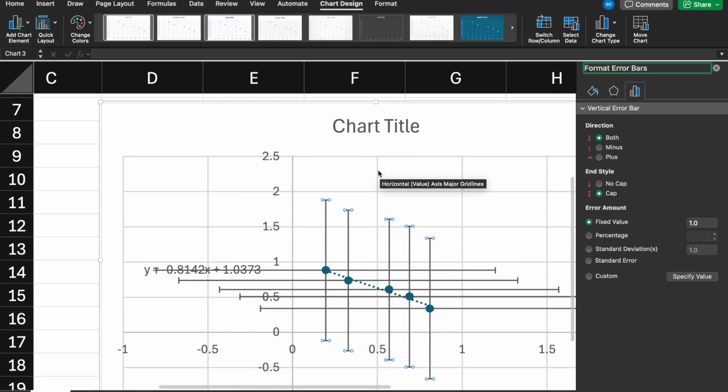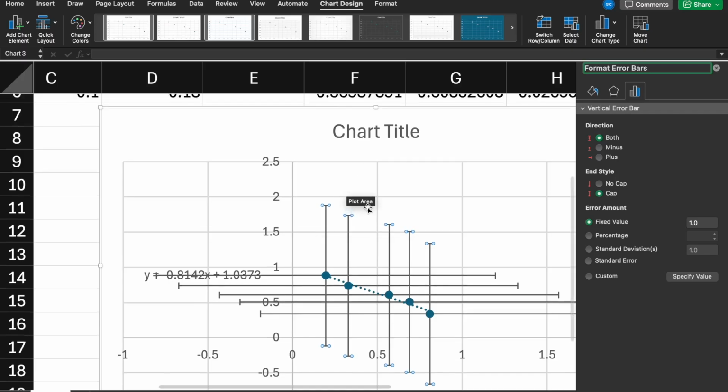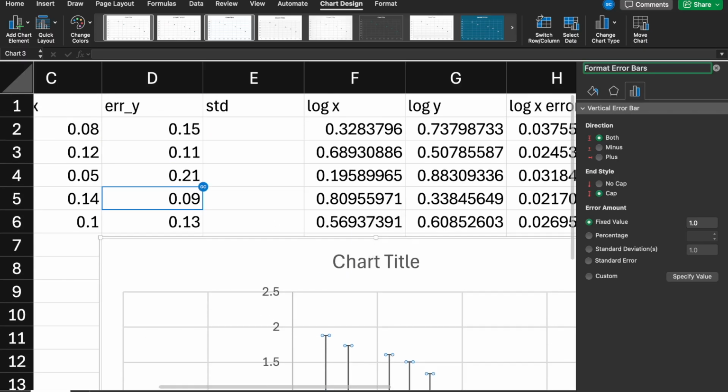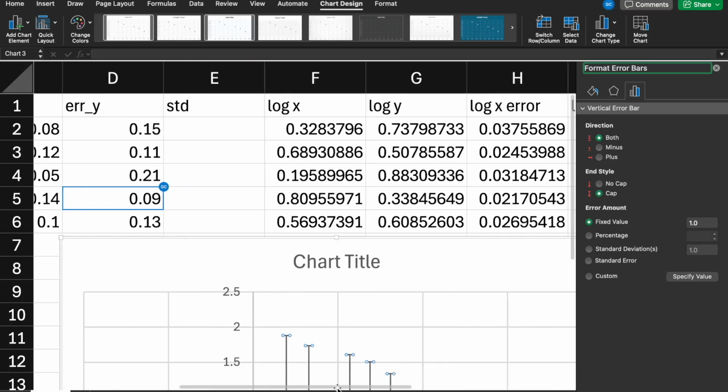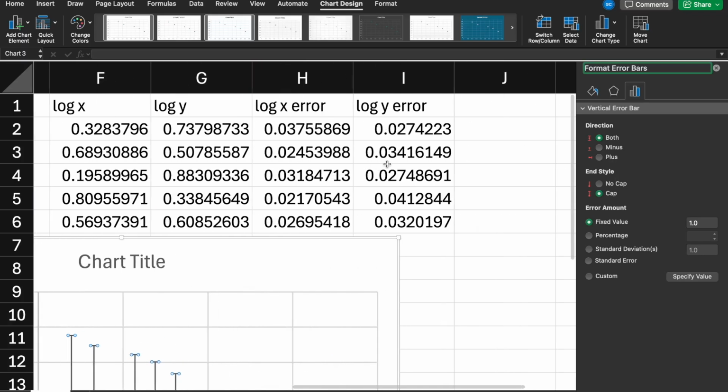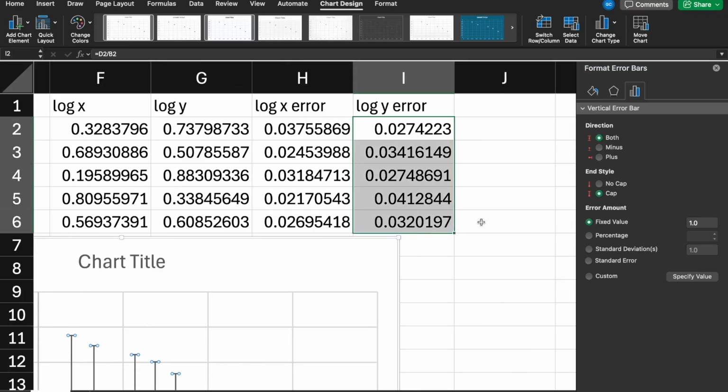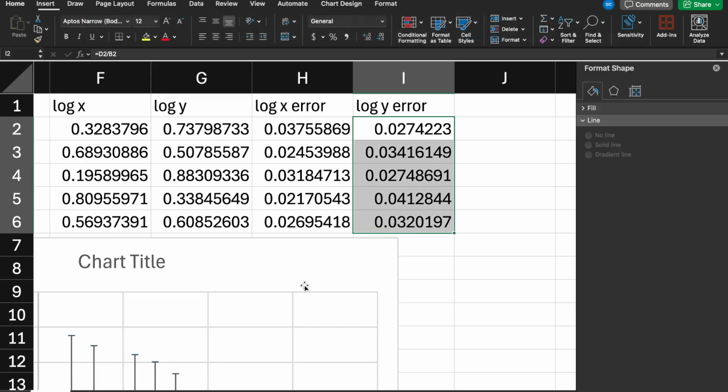What you want to make sure of is that you're getting the right error onto the right data point. So its default is to start with a vertical error bar. So this is going to be your y value, your error in y. So let's go ahead and take a look at that. As we can see, if I move over a little bit, we have log x and log y error. So to get this I column, as you can see, these values onto the plot itself as error,